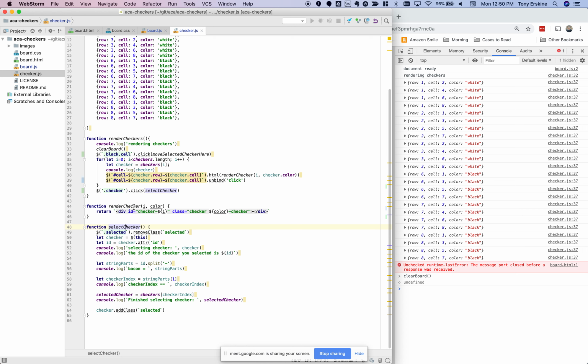So instead, when I render the checker here, okay, one of the things that I can do, and I'll just give you an example with checker, I can add any attribute I want to an element. It doesn't have to actually be a real attribute, okay? Like I could call it bacon, okay? And inside of bacon, I could put, say,